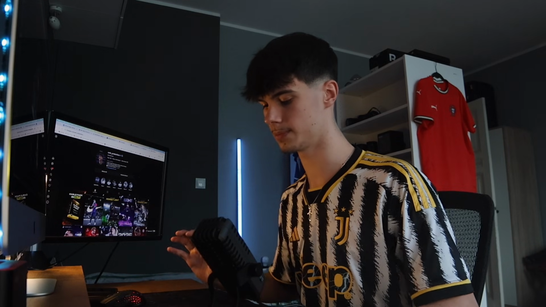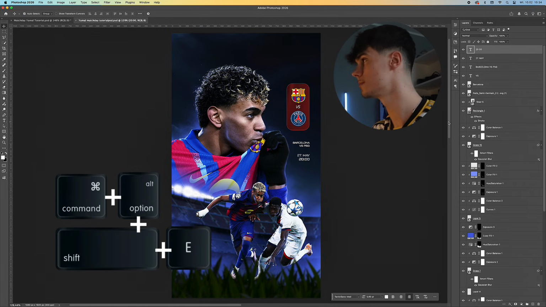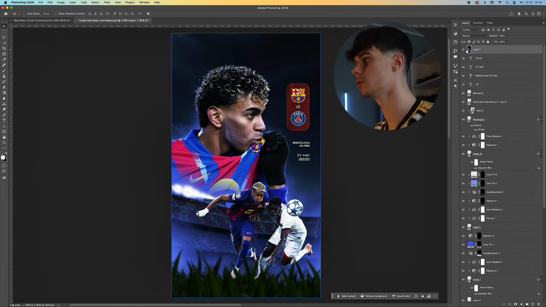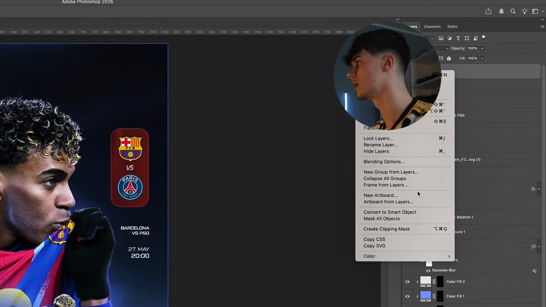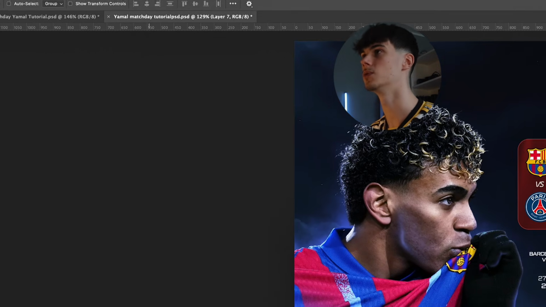Now the next step is we're gonna add some camera raw filter. Hold Command, Alt, Shift and E, and it's gonna create a new layer with everything we've done to this moment. Right click on it and convert to smart object. Now go to filter,